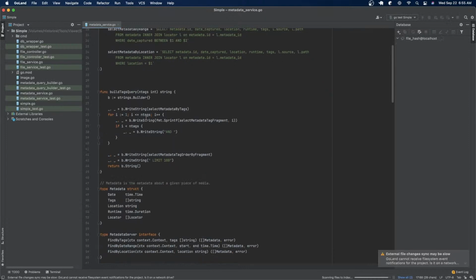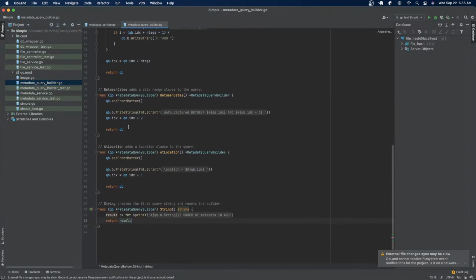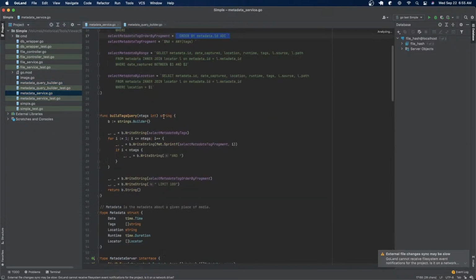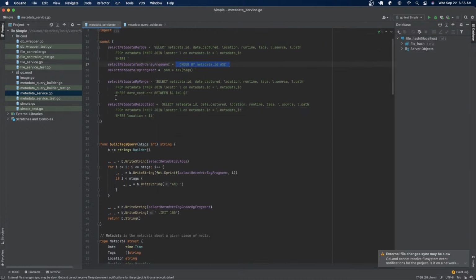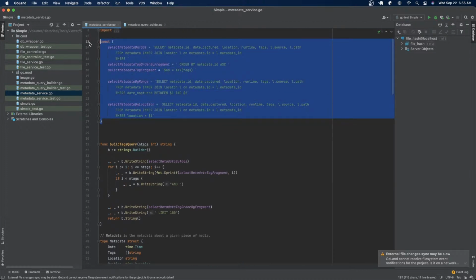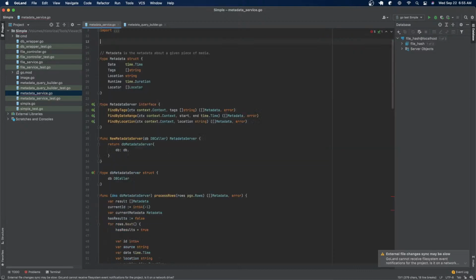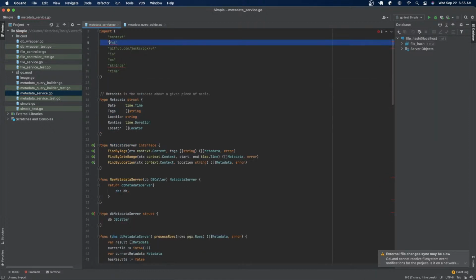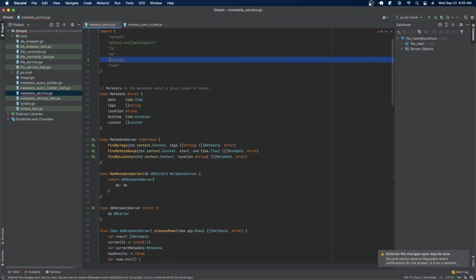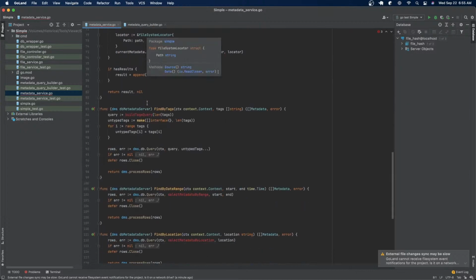So we now have the metadata query builder. And given that we have the metadata query builder, now we can take this stuff out of here. So we can take this, these go away, this goes away. Okay. So now we go down here,